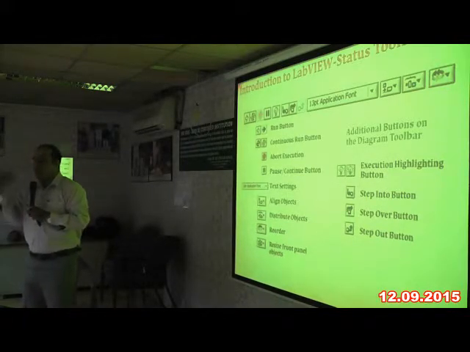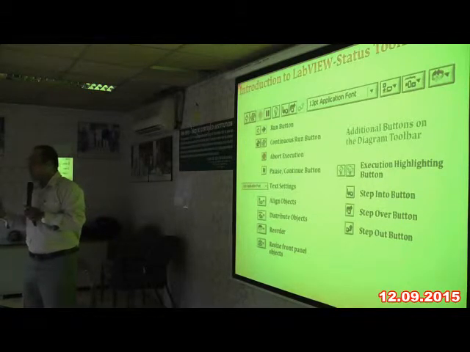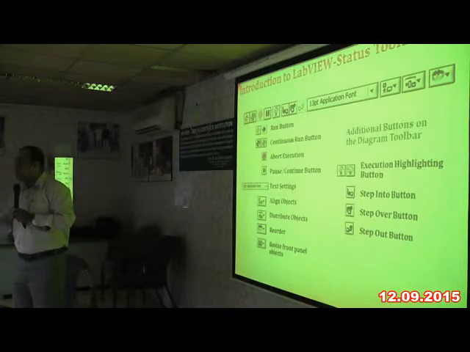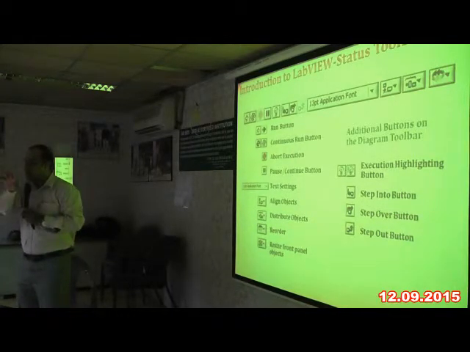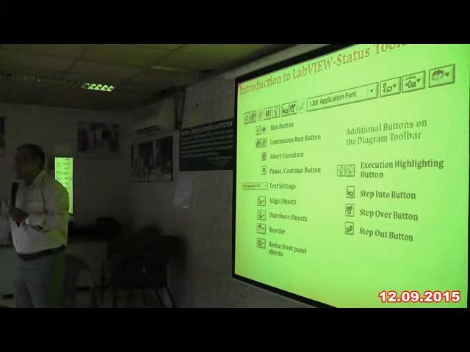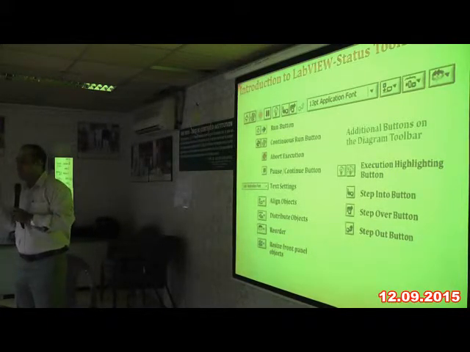So for that, in a MATLAB environment, we will not be able to do that. Here they have given an option, execution highlighting, which will slow down my execution. As my signal travels from one block to another block, I can visualize and see what is happening. So after this block, what will be my output? Such things I am able to visualize so that I can easily rectify the errors.